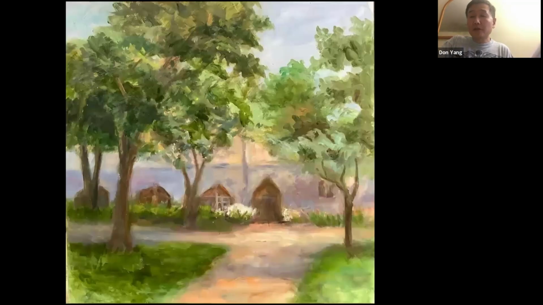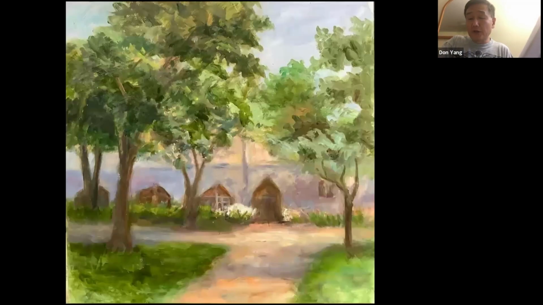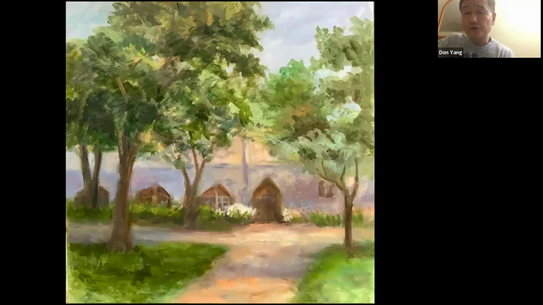This is Robin's painting of Northwestern campus, kind of a similar way that Barbara did with the walkway to lead the viewer's eye to the main focal point there. So that's the leading walkway to her focal point there. I really like the use of temperature to indicate the shadow. So the bluish color, purplish color, she added above the arch. Is it arch? Yeah, they are kind of the arches there. So they work nicely for the shadow.